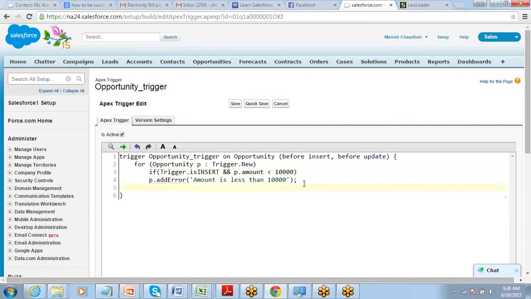Got it? So this Trigger.isInsert checks whether it's an insert operation or not. So if it's an insert operation and amount is less than 10,000, then throw error.